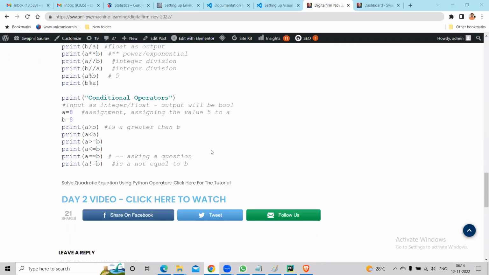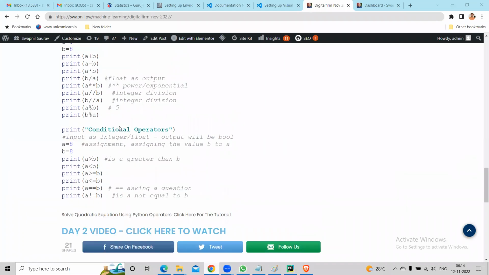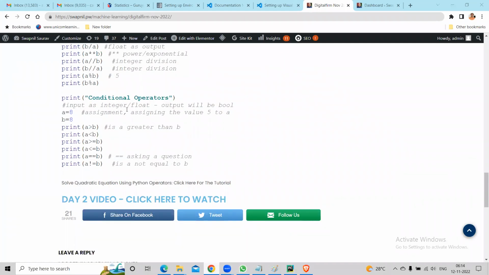So we did arithmetic operators, right? And we did the conditional operators, right? And so far so good, correct? Okay. So now we'll talk about